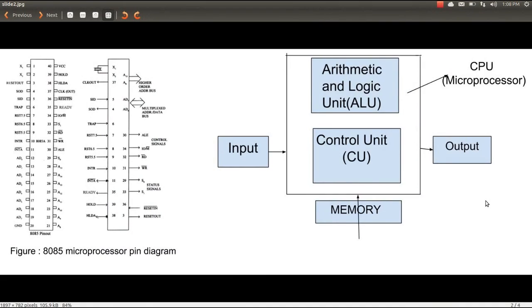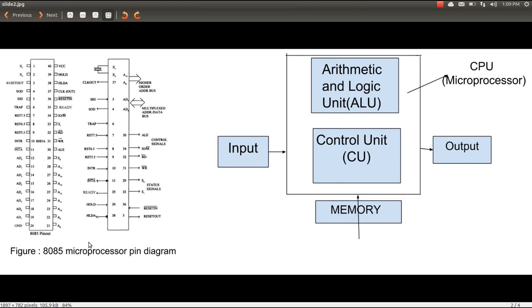A microprocessor is essentially a CPU consisting of ALU, CU and register pairs. The arithmetic and logic unit performs arithmetic and logic operations such as AND, OR, add, subtract, compare and so forth, and the control unit defines the control flow of the instructions given. Input is given from the input pin. For example, the data is fetched from the memory with the help of addresses or directly. The microprocessor processes it, and then the output is stored either in an address or